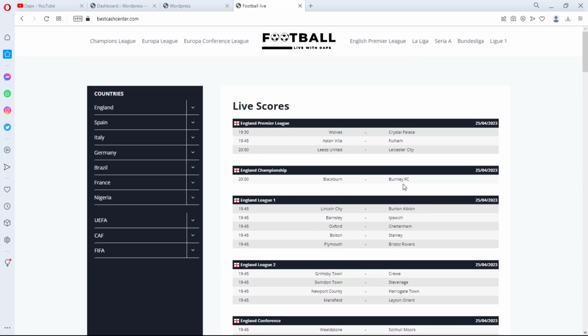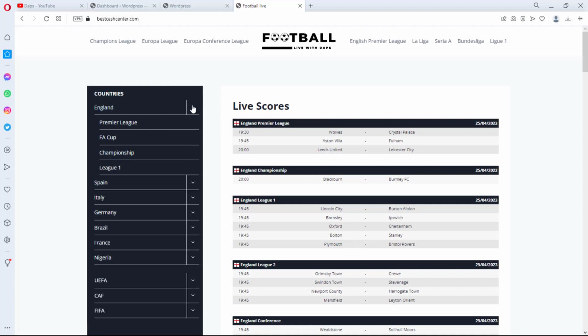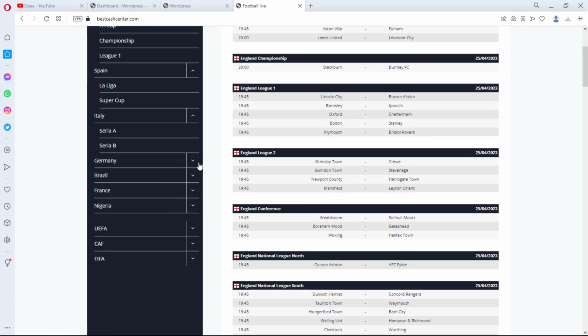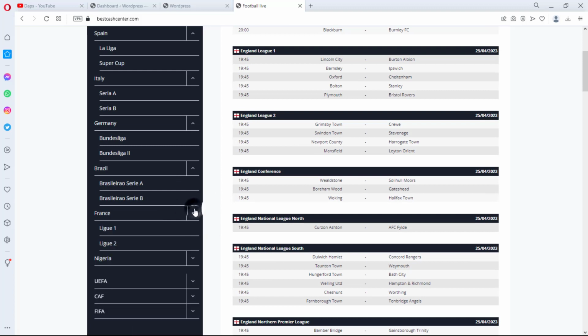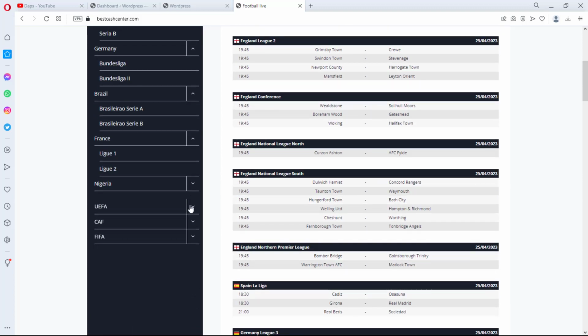And as a matter of fact, just for tutorial purpose, I had to put in some filters down to specific leagues that I know people will want to pay attention to, like the Premier League, FA Cup, Championship, League One. Literally every league in the country can be added to the website, but I just limited it to these few for test purpose. So you can see for Spain as well, for Italy, even for Germany, for Brazil, I just added just two of them. Even for League One, I'm super excited about Nigeria, because I'm able to add the Nigerian